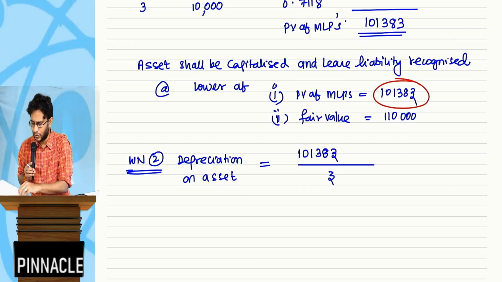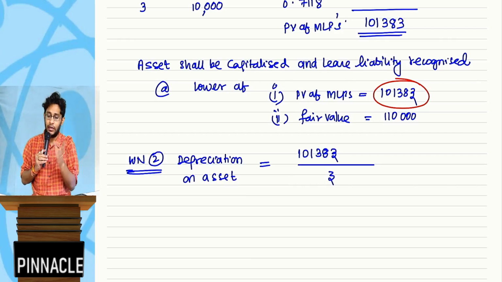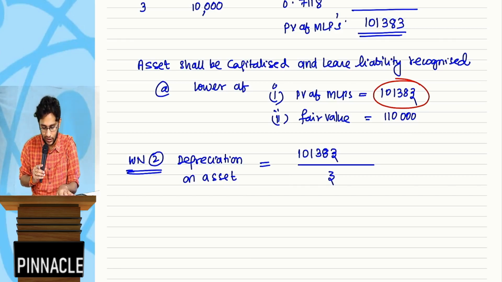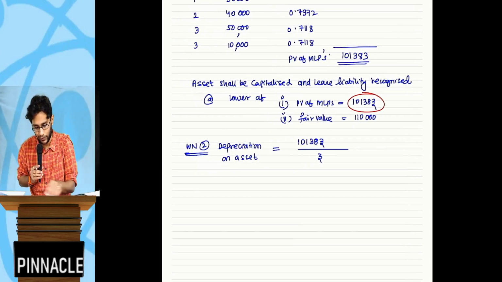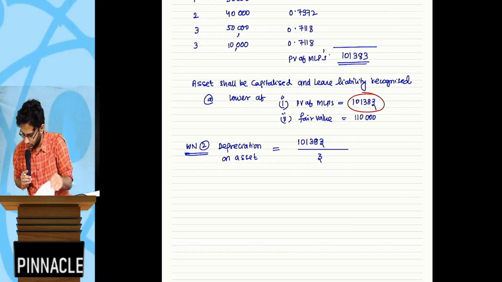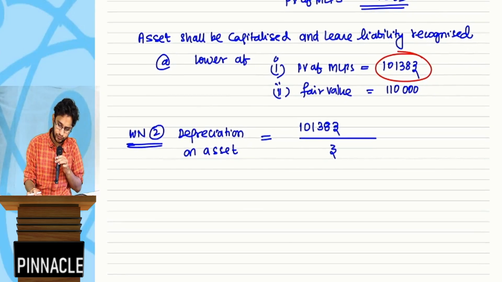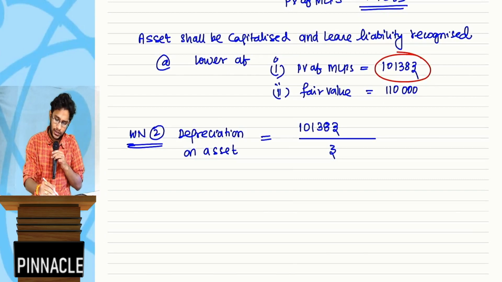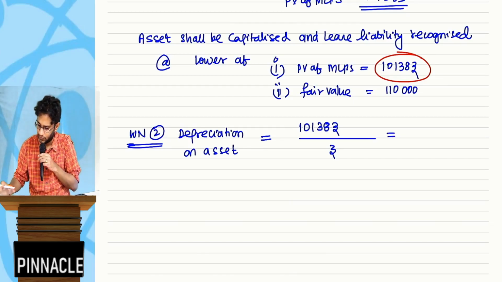So I'm just taking what ICAI has done. ICAI very conveniently did not write the entry, so the depreciation side entry they totally eliminated. Once you eliminate, how will you find what ICAI is thinking? So that way is not working, sir. So it's a matter of assumption. So let us not consider this value there. Okay. So if I ignore that, it will be 101,383 divided by 3,